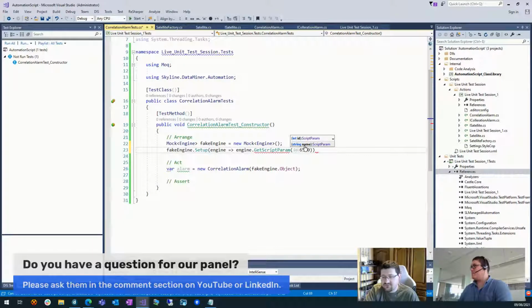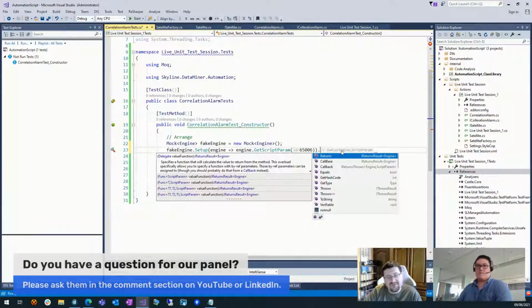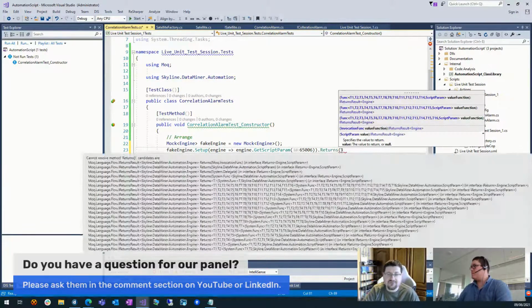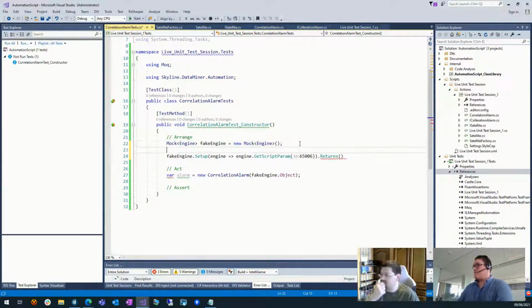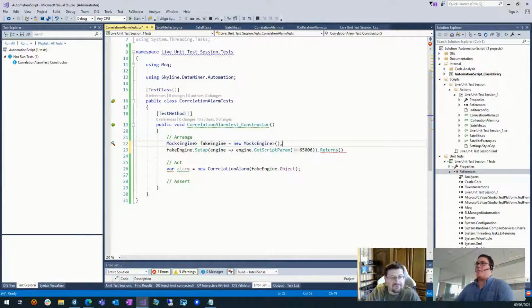That's why we're here. So we're doing a get script param 65,006, and if we want to specify what we return there, it's going to be a string. Again, in the help, you'll find that that parameter usually contains a pipe separated string containing all the data from correlation. So we're going to want to parse that. So as an input, let's maybe make a string on the line above that, Michiel, with the input that we would want to have from 65,006.